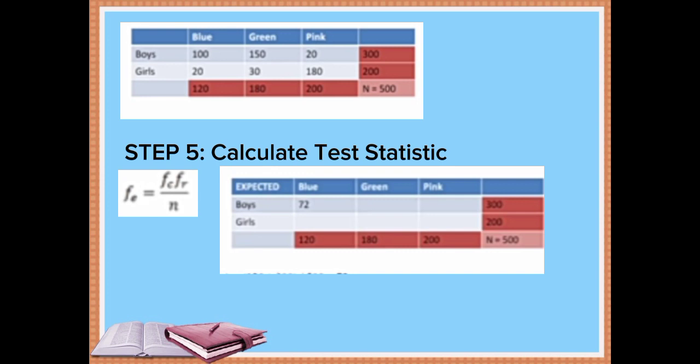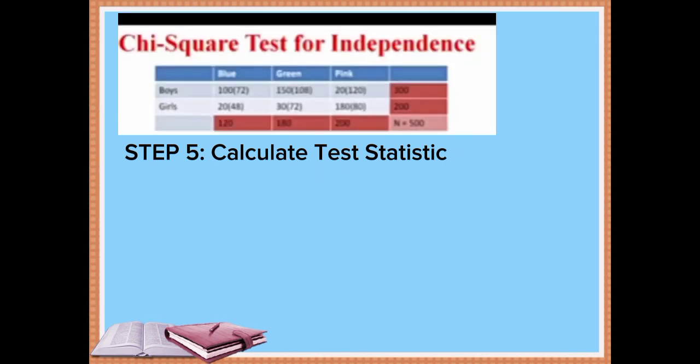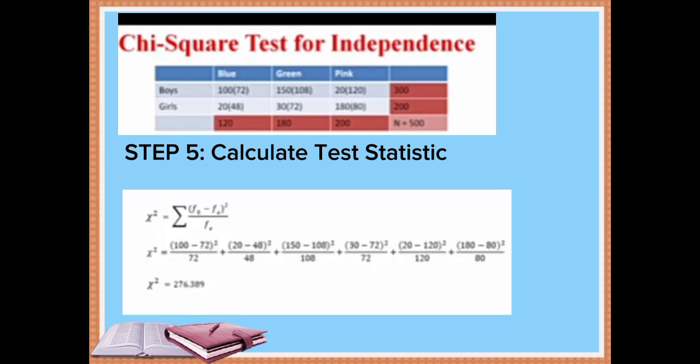So now I'm just going to move that up, and we have the observed values and, next to them in parentheses, the expected values. Now we're going to do chi-square like we did before. We're going to take each observed value and subtract the expected value, then square that and divide by the expected value to get those 6 different fractions. When we add those all together, we find a chi-square of